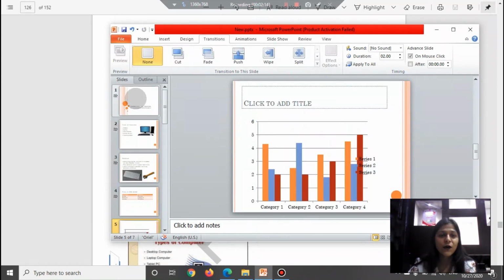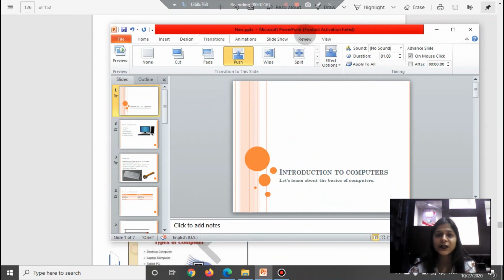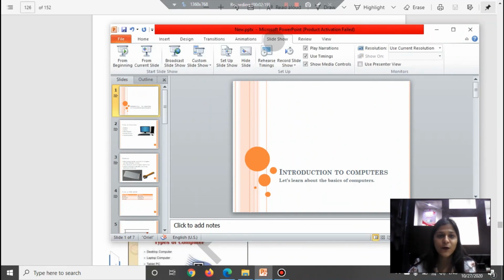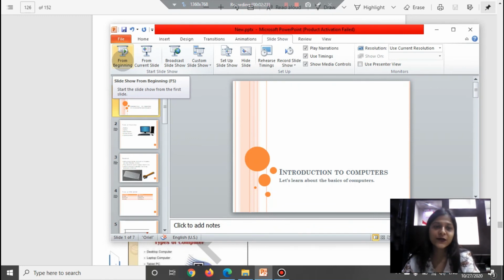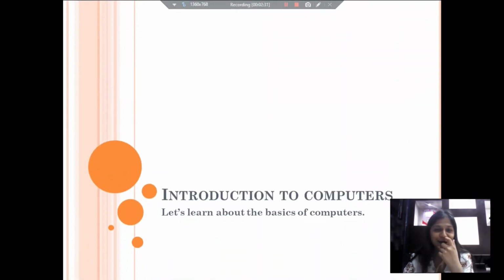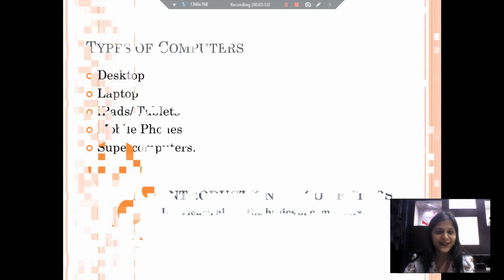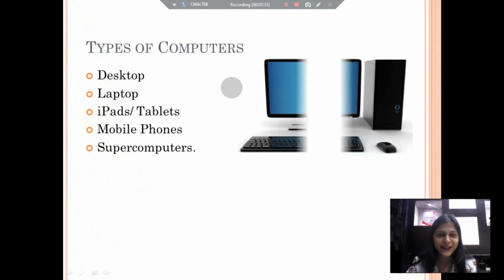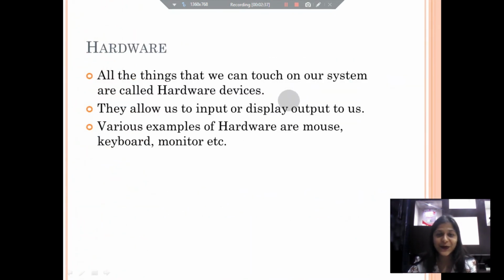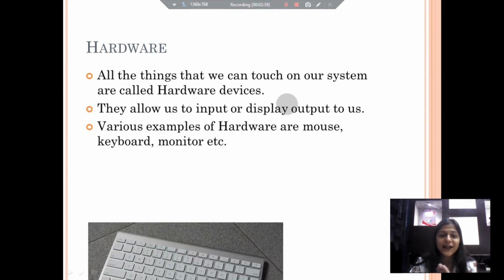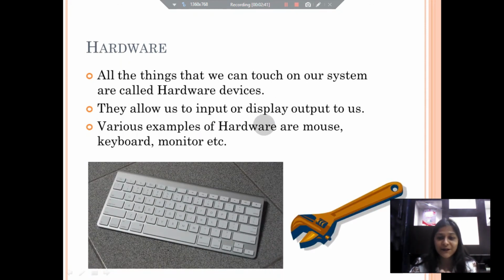Okay, so once we are done with all this, we can simply go to the slideshow option, and now let's play our slides, and you will be able to see all the various transitions and animations. Okay, so one, as you can see again, and now the clip art is showing. As I click, it will demonstrate to me, the slide will move ahead.